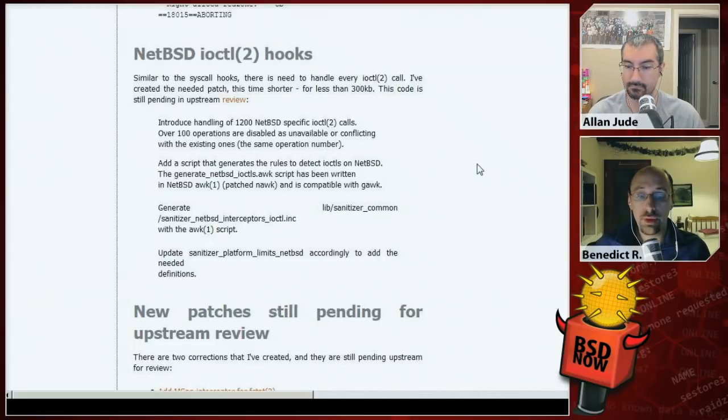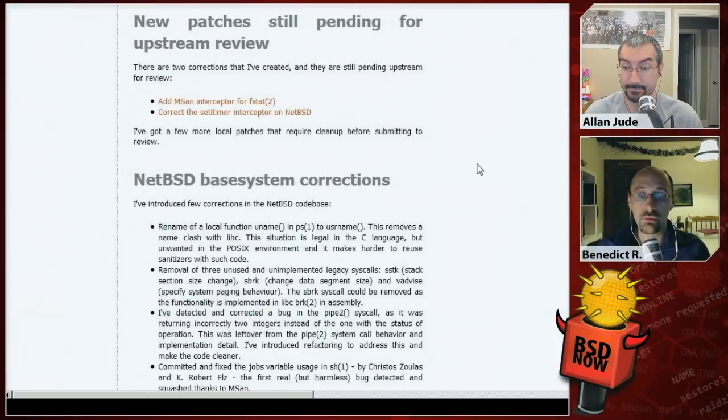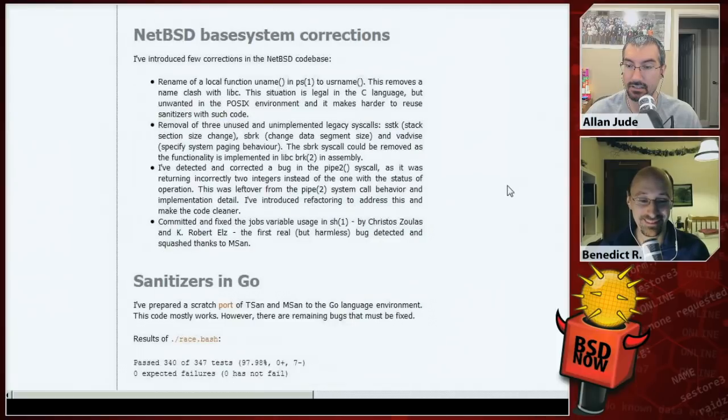There's also 2 new patches still pending for upstream review. So there's one for adding MSanitizer interceptor to fstat, and also to correct the setitimer interceptor on NetBSD. I think it's setitimer, but yeah. Oh, setitimer. They've also had to rename a few functions in NetBSD's code,